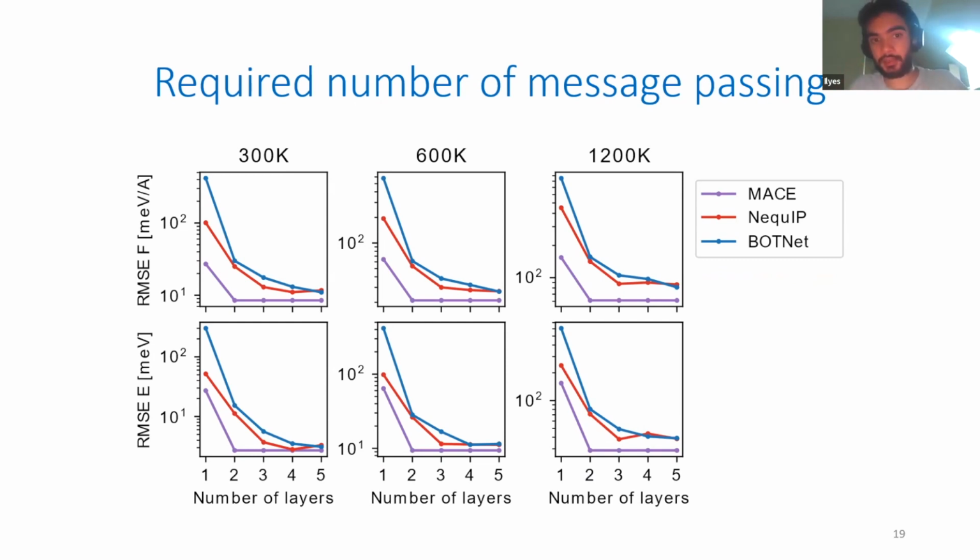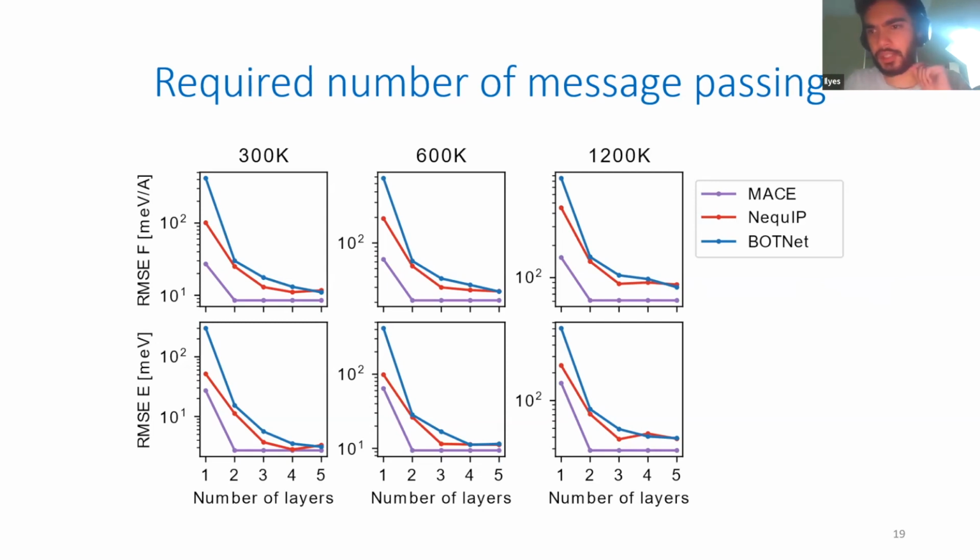And you can explain that because the 3BPA molecule is quite small. So if you have a 4 or 5 angstrom cutoff, after two layers of MPNN you already have covered the full length of the molecule. So what Nequip and Botnet are creating is just body order and not really semi-local information or a larger receptive field. So they struggle because of this 2-body nature.